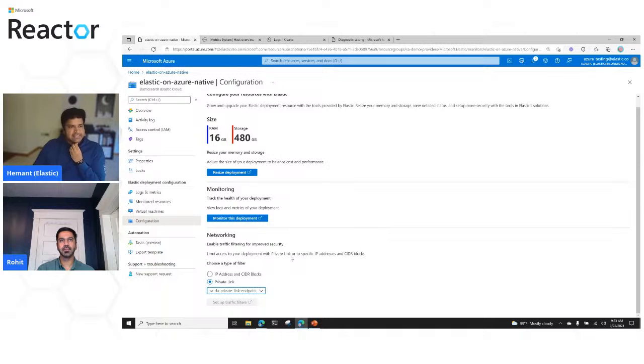Rohit, anything else that you would want me to focus on or highlight in what we are doing with the native integration? No, I think you did a great job summarizing the overall integration. I just want to add that these are some of the top asks that have come from our customers so far. So our goal is to enable those asks, and we'll keep working on this. This is not a job done.